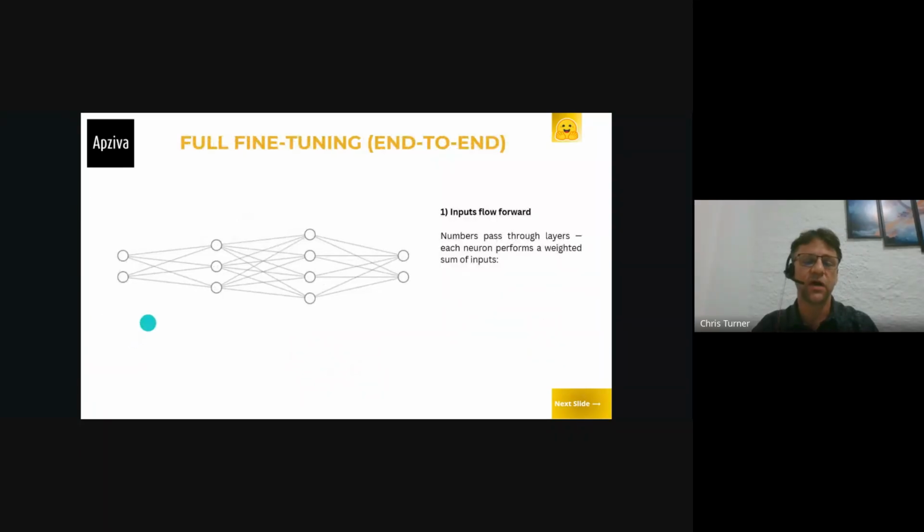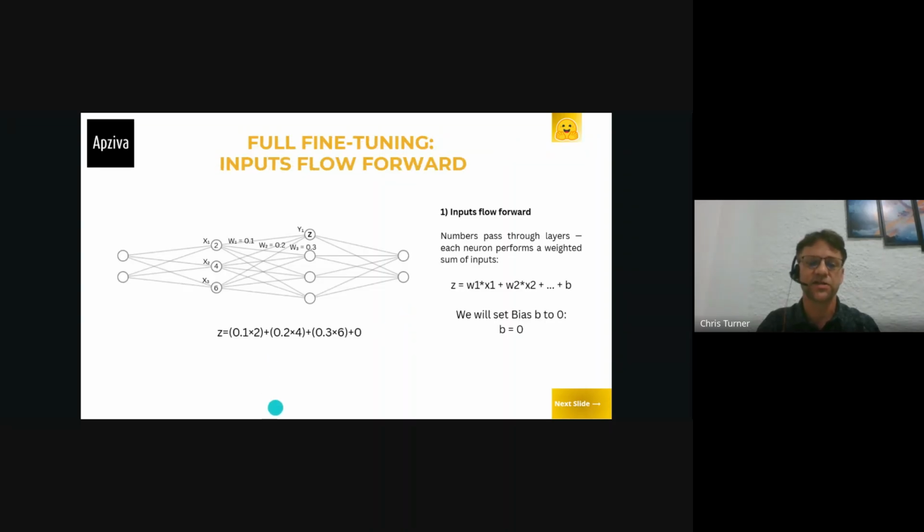And so in traditional fine tuning, values will enter the input neurons. There will be some kind of calculations. They will land here in the next layer. There will be more calculations. Then new numbers will land here in this layer. They will do more calculations, and we'll finally get some output numbers here in the output layer. So what are those calculations, and how are they deciding what the values are?